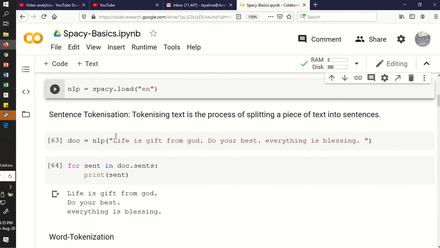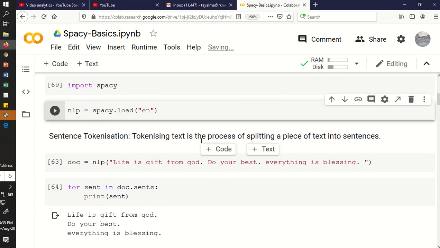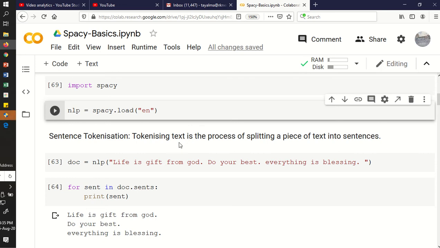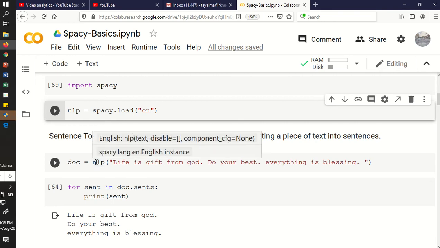Sentence tokenization is nothing but splitting a piece of text into sentences. You might have entered a paragraph or a whole document, and you can get the sentences from it. If I am passing the document here, you have to pass it in brackets, and outside you have to give nlp.